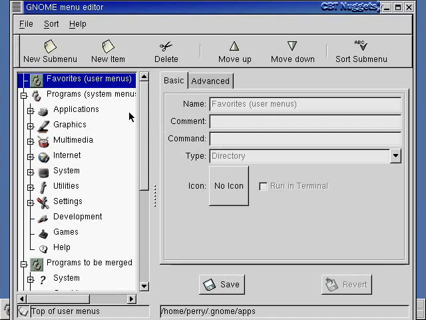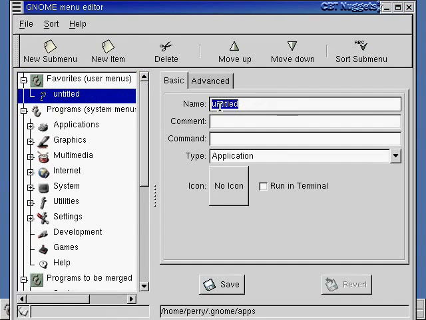It's reading all the menus, and now you can see here favorites is highlighted, and that's typically where we put user stuff. Favorites, user menus is the favorites subcategory, and then the system menu is the one that says programs. Okay, so we'll just put it in favorites. We'll say new item. Now it says what's the name of the item. It just says untitled at first, but we'll